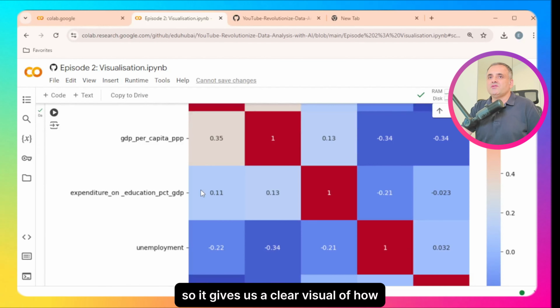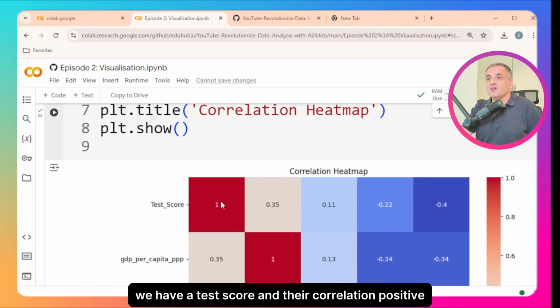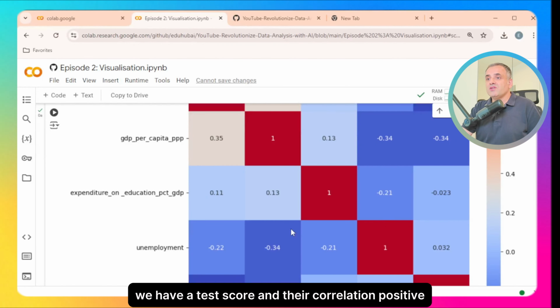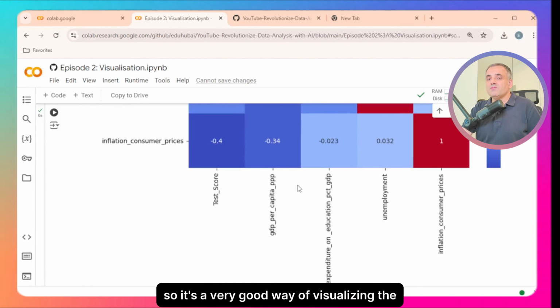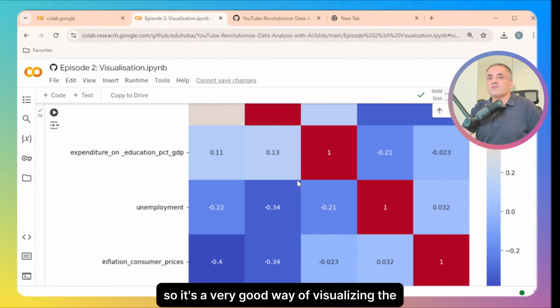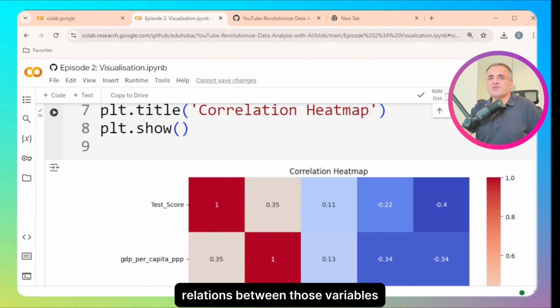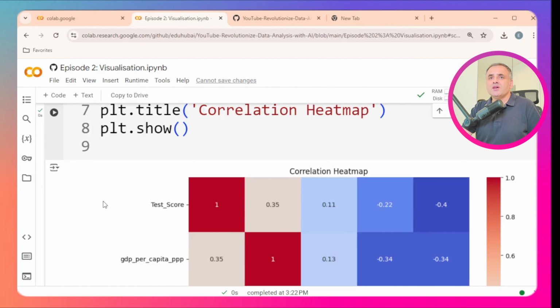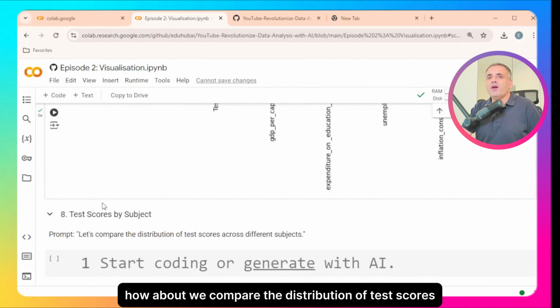It gives us a clear visual of how economic indicators correlate with the test scores, right? We have the test score and their correlation, positive or negative. So it's a very good way of visualizing the relations between those variables. And now how about we compare